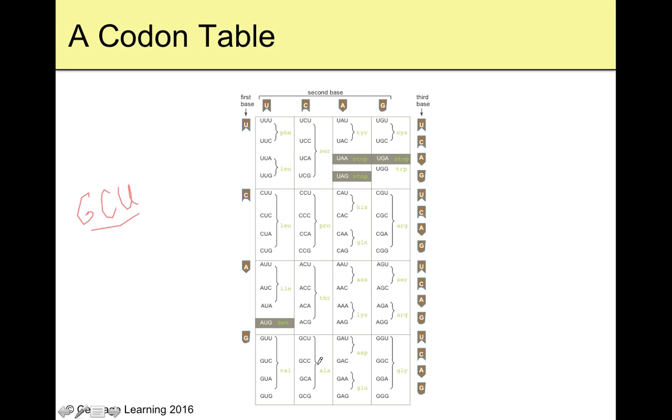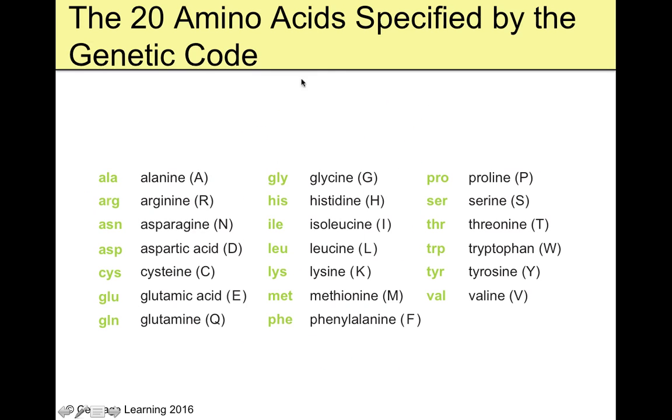And it turns out that not only does GCU code for alanine, so does GCC, and so does GCA. GCG apparently must be a stop codon. Doesn't look like there's much going on there. Anyways, or you know what? Actually, these brackets might just be shifted up a little bit because there's a lot of them that don't have that on them. Yeah, I wonder if it's not all 4 of those. Alanine. That's the answer. Sorry. Anyways, here's your 20 amino acids